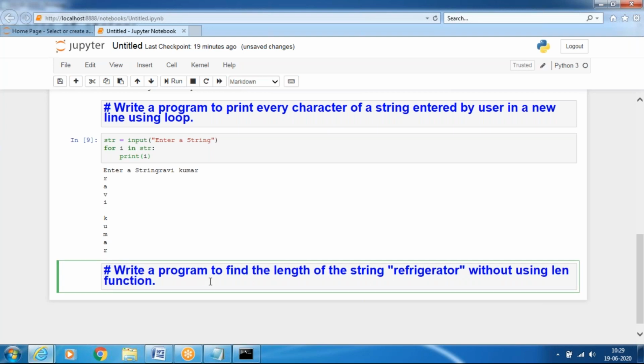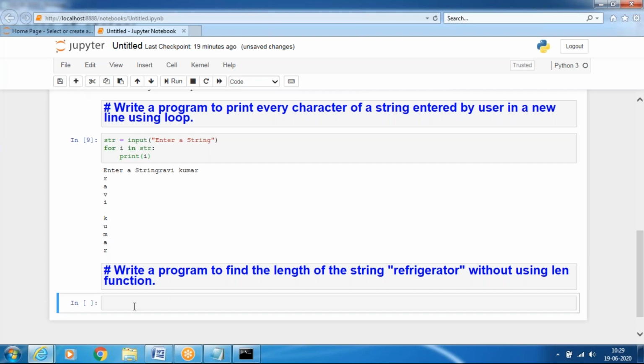Write a program to find the length of the string refrigerator without using a length function. So how can you write this? First, I will use str equals to quotation.